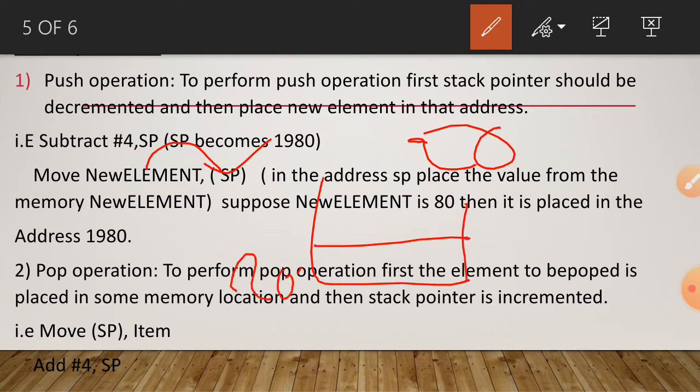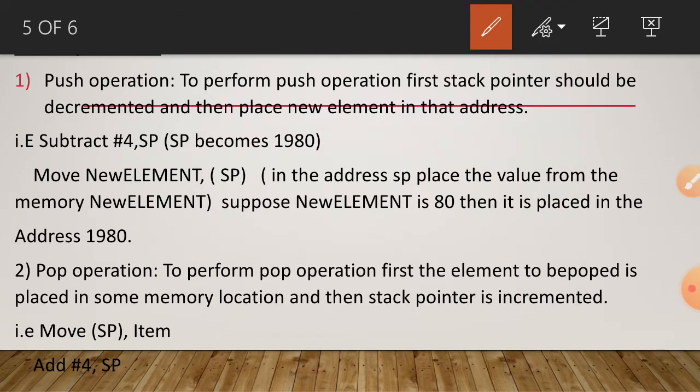Initially it had 2000, we decremented to 1996, and the new element 20 is inserted at the 1996 position. Here you can see, in the address of the SP we place the value from the memory, the new element. Suppose the new element is 80, then it is placed at address 1980.